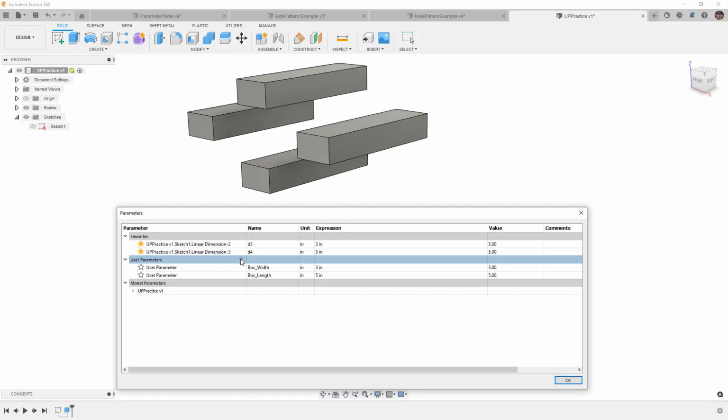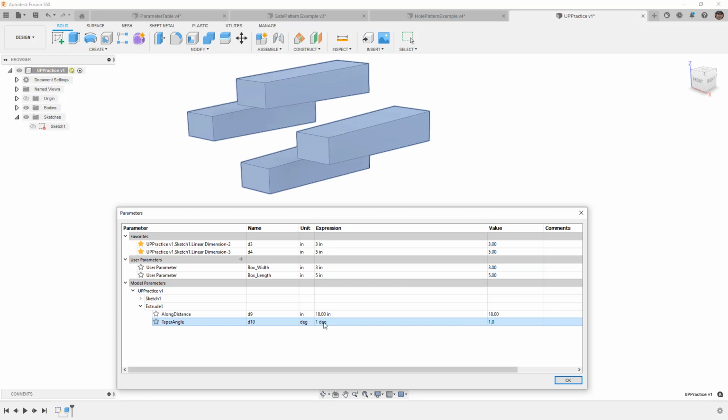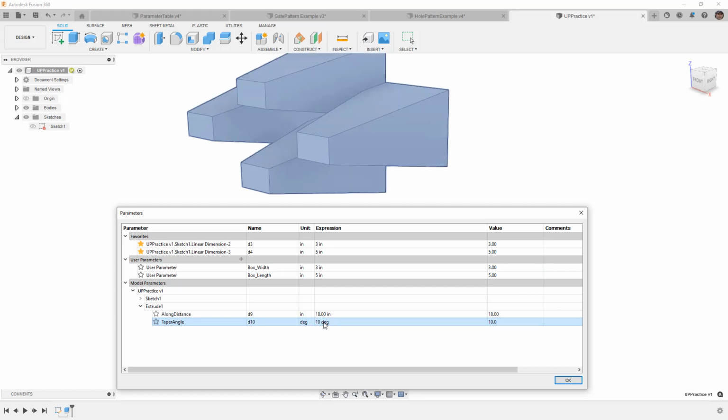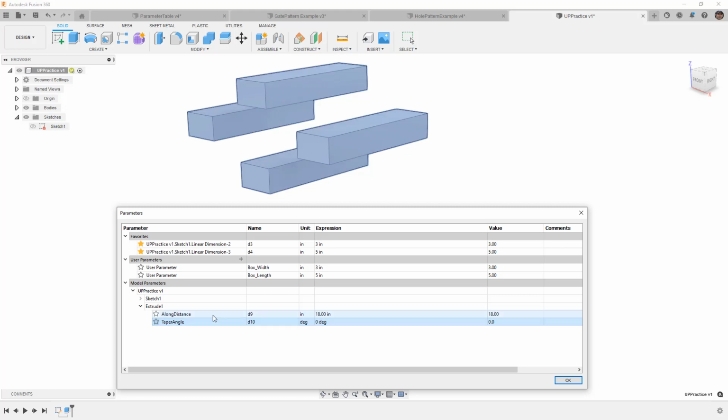And the next thing I want to do is I want to talk about the parameters that are exposed in the extrude. This is something we're going to cover a little bit later, but you'll notice that the along distance also has a dimension D9 and in inches. Then there's a taper angle. Even though we didn't apply one, the taper angle automatically comes in with this feature, and it's set at 0 degrees. If we manually manipulate this value, you can see that we can increase or decrease the taper of these objects. I'm going to leave it at 0 for now, and we will get back to exploring these inside of the features, but for right now I just wanted to at least mention that they are created and exposed in